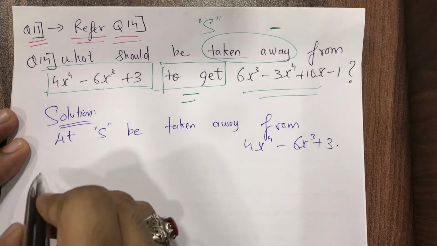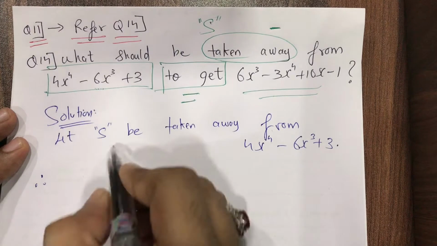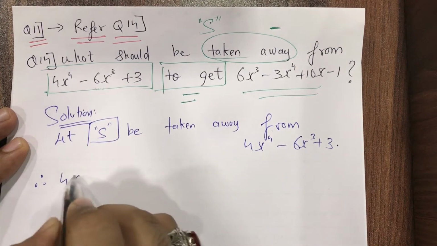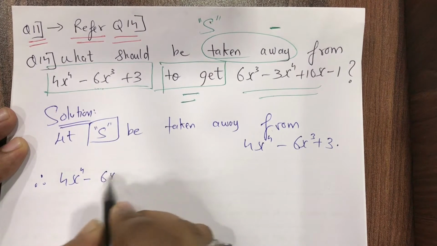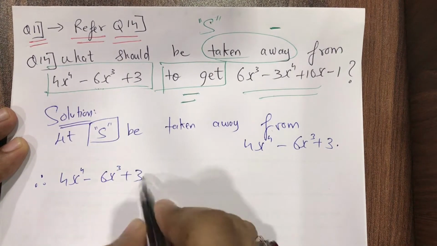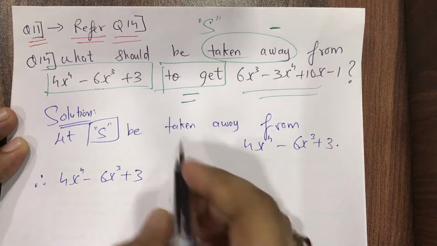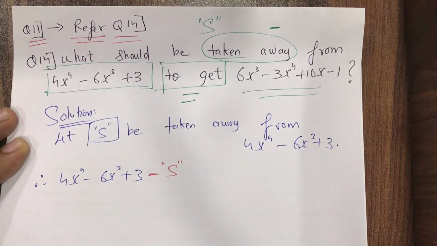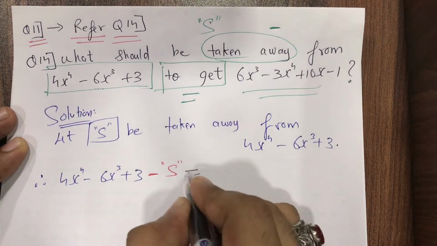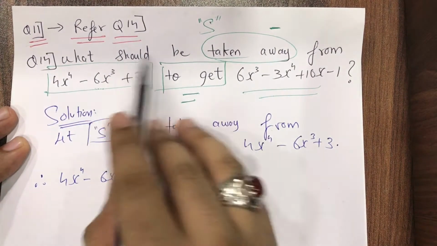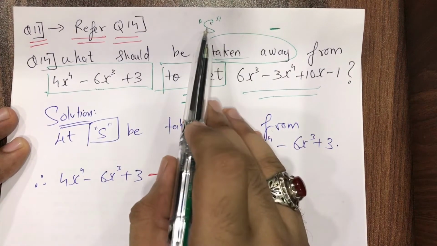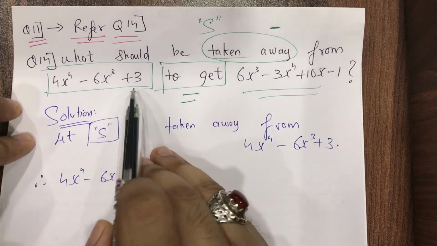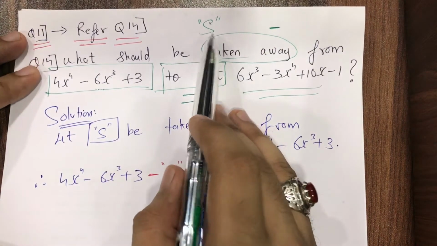Okay. Now students, if I subtract S from this, what will happen? See here, 4x raised to 4 minus 6x cube plus 3. From this, I am subtracting this capital S. So what will be the answer? We suppose let capital S. See, avoid taking x over here because we already have x here. We can take capital A, capital B, anything you can take.